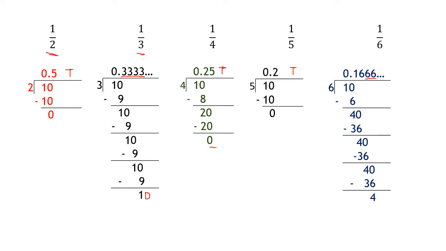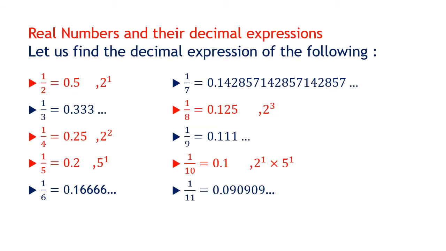So I have done the actual division up to 1 upon 6, and you can see where it terminates. When the remainder becomes 0, the division terminates. If the remainder is not 0, the division does not terminate. So from 1 upon 6 we continue 1 upon 7, 1 upon 8, 1 upon 9, 1 upon 10, 1 upon 11, and you can have the denominator as big a number as you want. Now what I have shown here, the ones marked in red are the terminating decimals. And what do you observe? I have written the observation on the side.